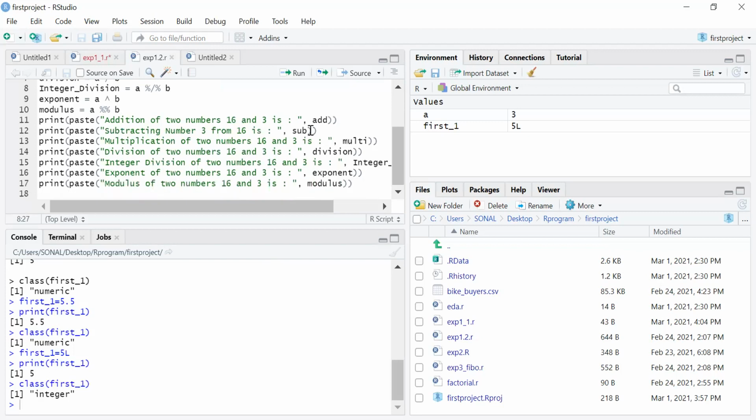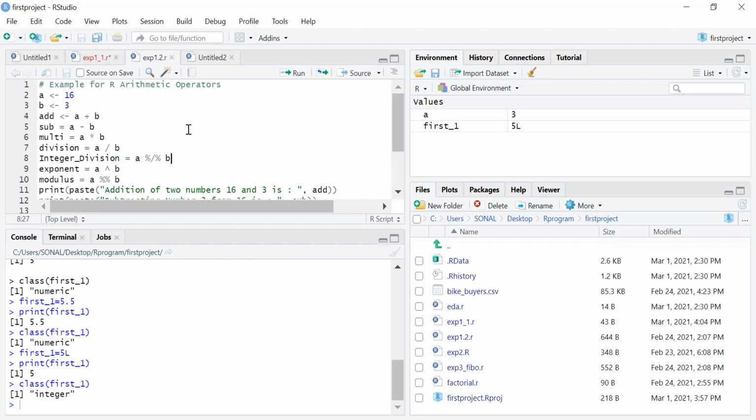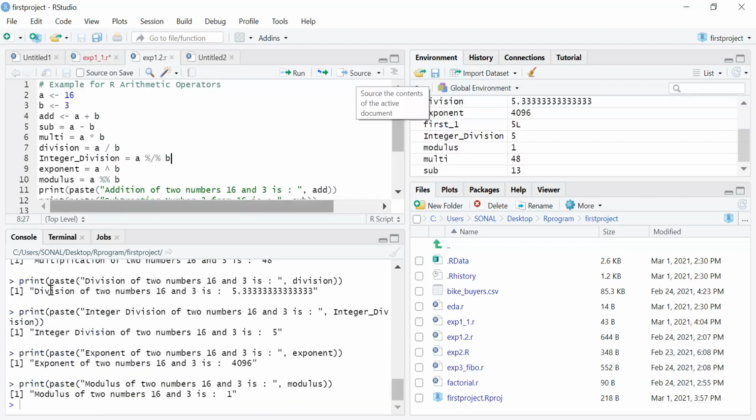And this is a program written to see how it is executed. If we execute the run, we get the output. So this is how variables can be created, assigned a value, and arithmetic operations can be performed on them. So these are a few of the basic arithmetic operators. The same way we have the logical operators which can be performed on the variables.